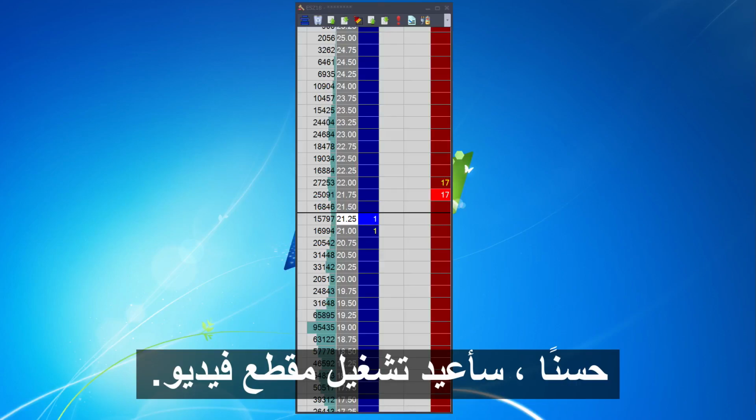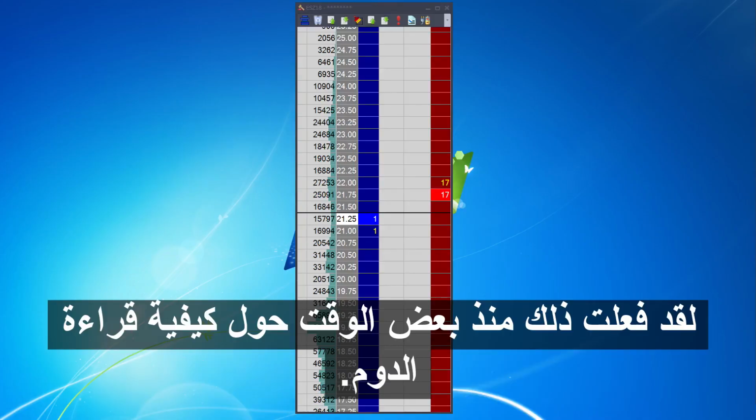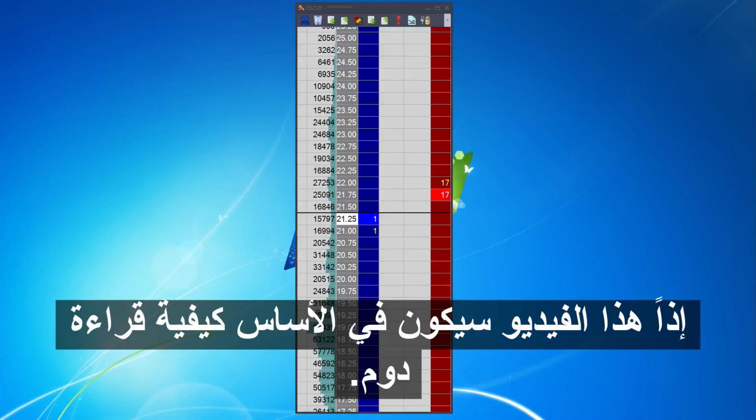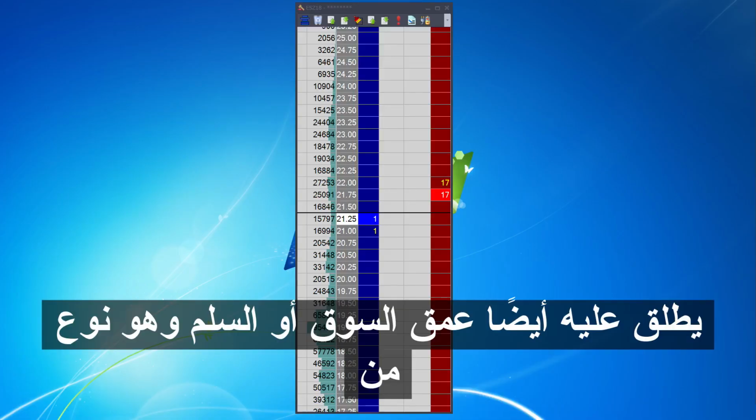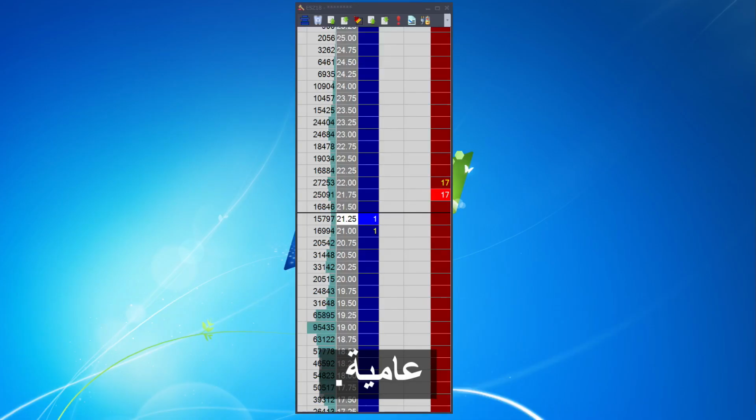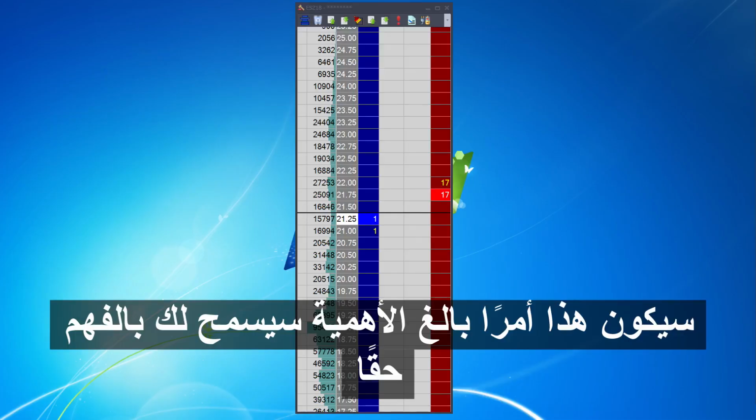All right, so I'm redoing a video I did some time ago on how to read a DOM. So this video is going to be basically how to read the DOM. It's also called the depth of market or the ladder, which is kind of slang. This is going to allow you to really comprehend how to read it